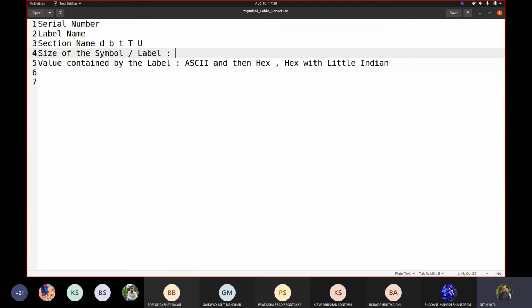If it is a symbol, then according to the declaration it definitely would be non-zero.